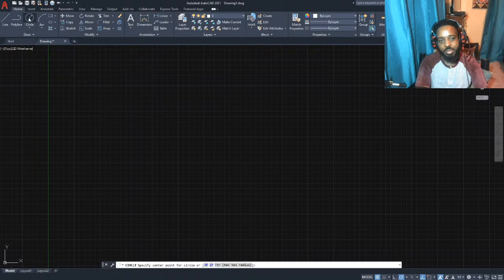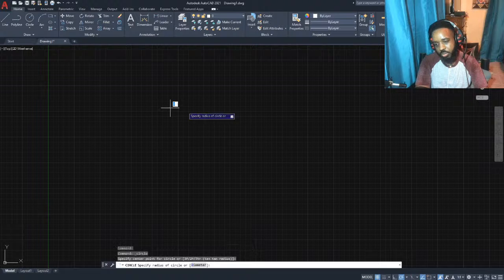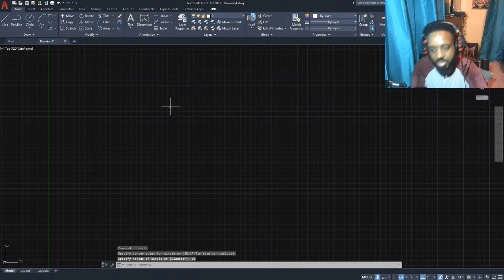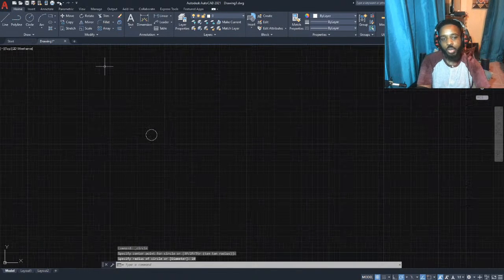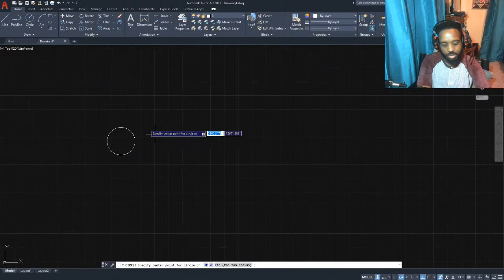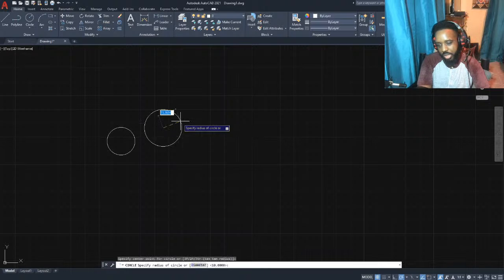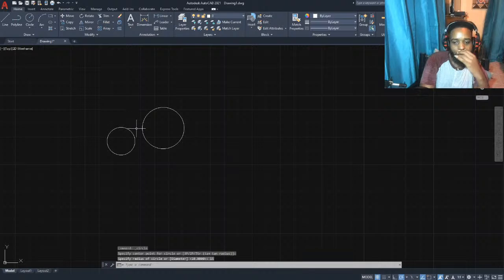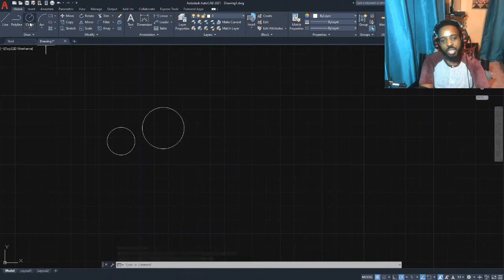Yeah, and an example you want to use here. Let's make this 10. Alright. And we have a next circle like anywhere, somewhere over here. Let's say we have a next circle here, and let's make this 15. And I want to draw a tangent to touch both of these circles. Then instead of offset and stuff like that, I simply just select